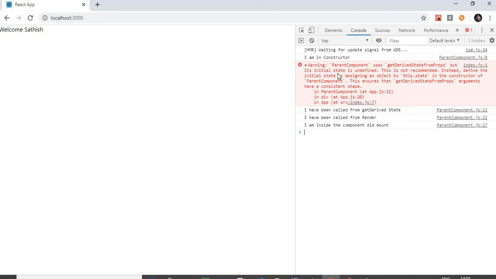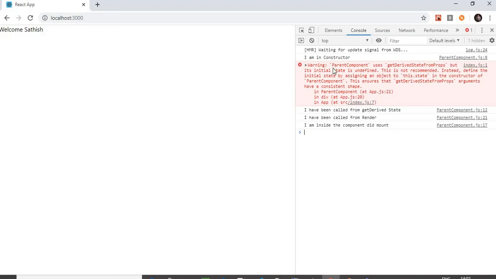You can see that at first it comes to the constructor, and the second is getDerivedStateFromProps, which displays its message. The third is the render, and the final one is componentDidMount.